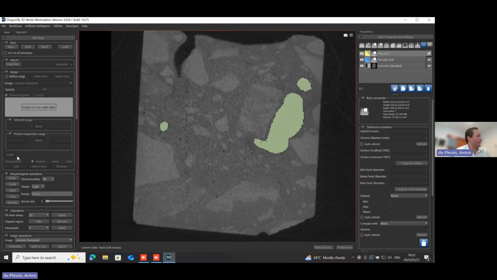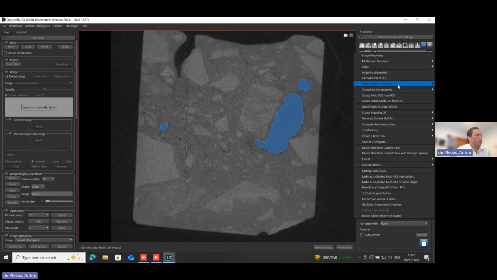So I just wanted to explain that because it's something that you use quite often. You don't always want to be limited to just one option. You might want to change the threshold manually or calculate your own threshold. So let's just delete that for now. We've got the porosity ROI. We are interested to make a color-coded analysis and make a nice image and a video as a next step.